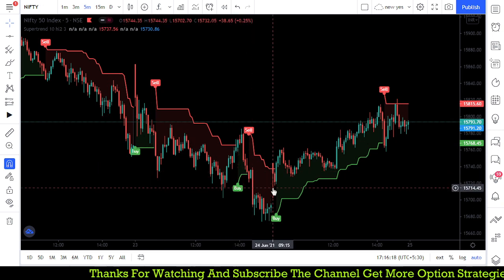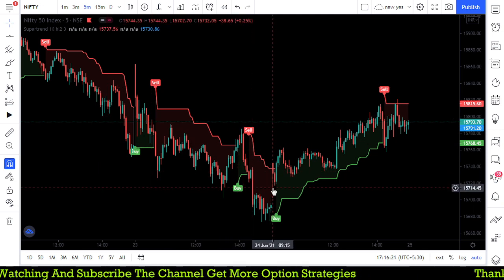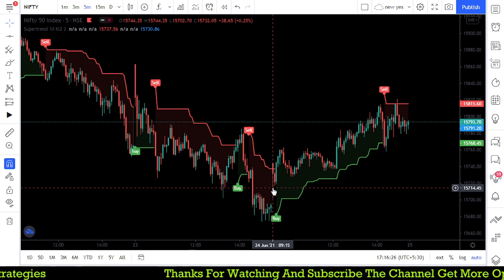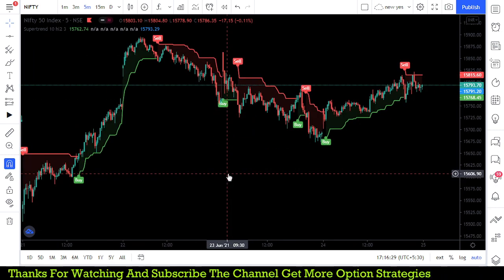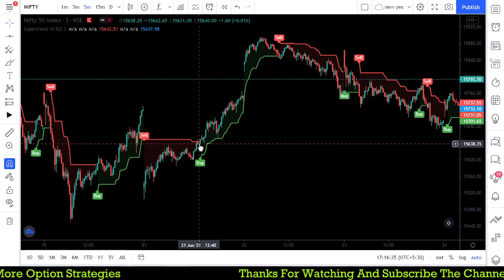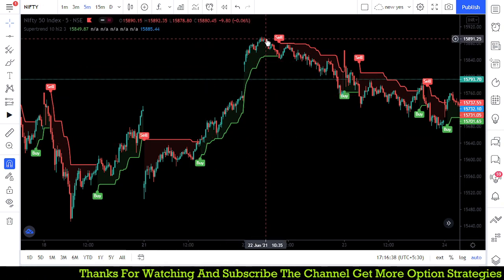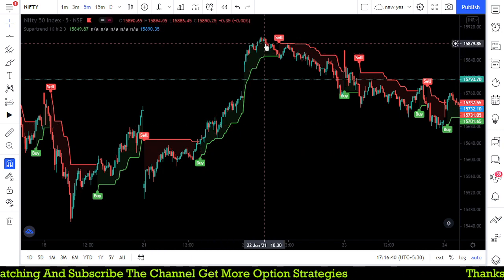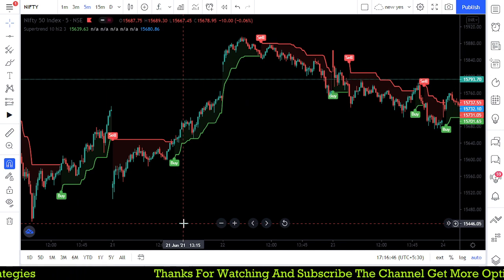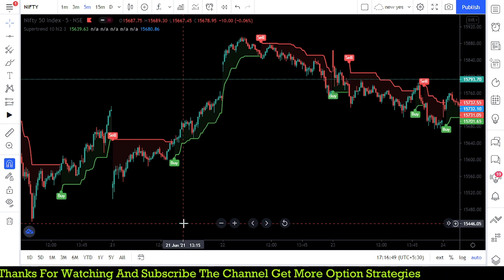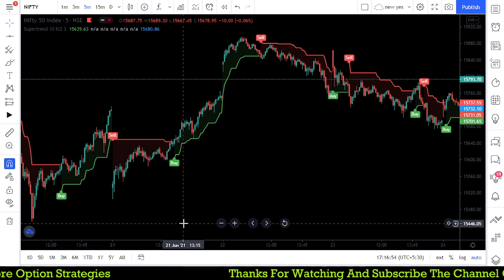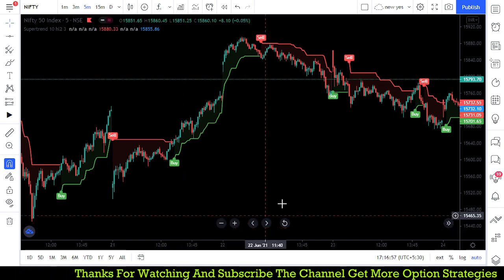This is the shorter time frame. In a range bound market or a trend reversal market, the market reverses very quickly, and at that time it may give you many false signals. If you see the trend is very good, it generated a buy signal around 15,600 and went up to 15,890, so somewhere around 150 to 200 points. In a trending market, it works very well. In a range bound market, it gives you a lot of signals and we are not able to make money. We can do a lot of things with the Super Trend to avoid this.